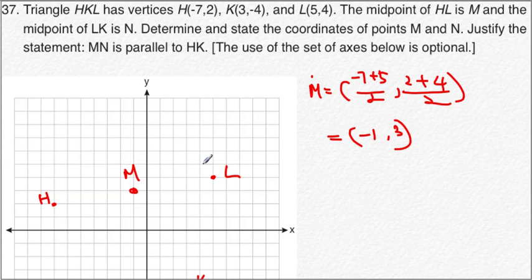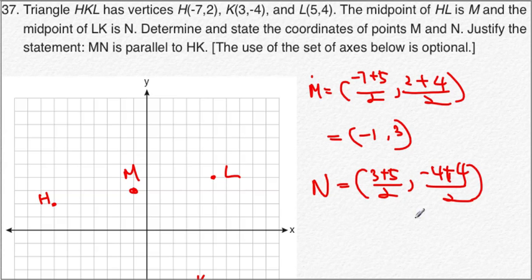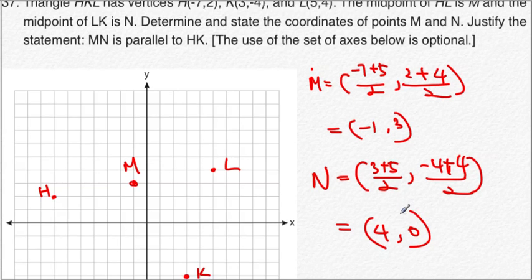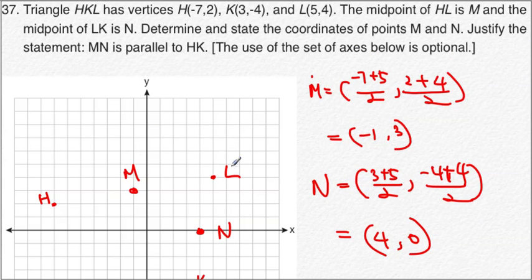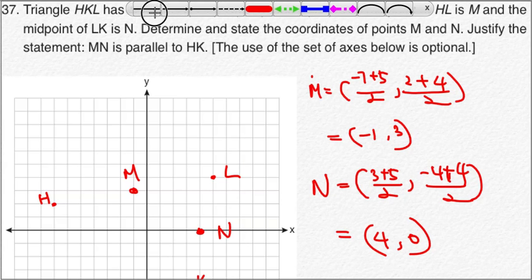Now, N is the midpoint of LK. LK right over here. So 3 plus 5 over 2, negative 4 plus 4 over 2. This seems to be a bit simpler. So we have 4, 0 becomes our midpoint. That's N. Now, if I have to connect them together,